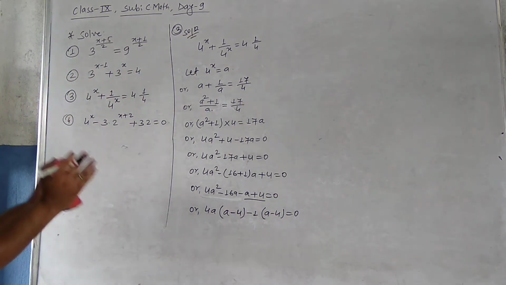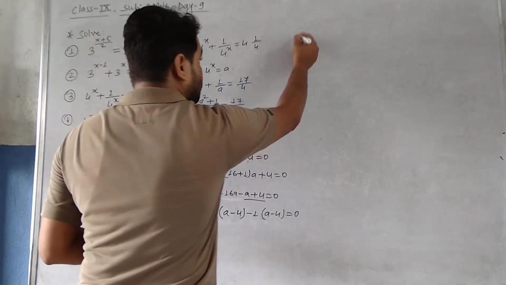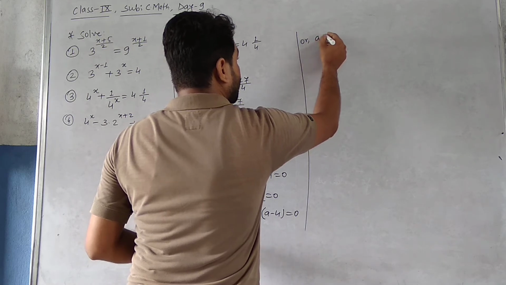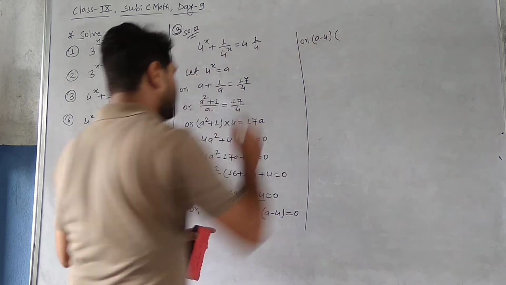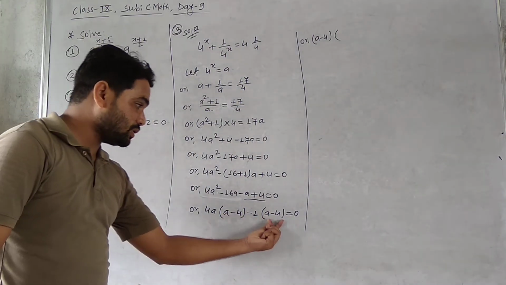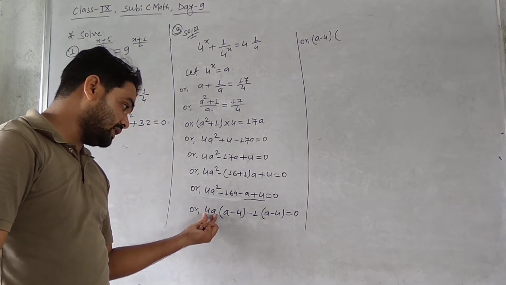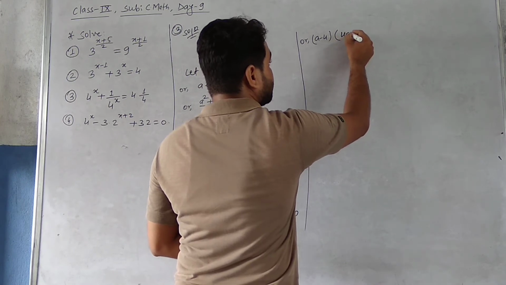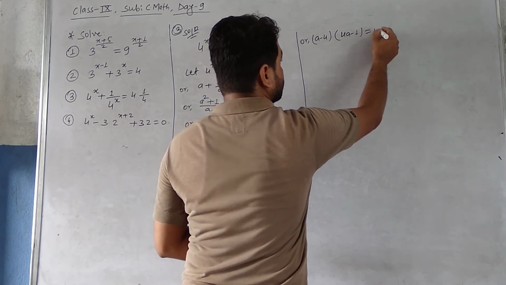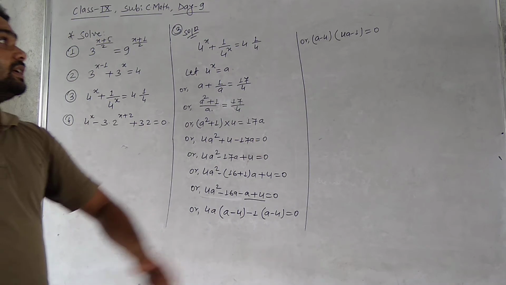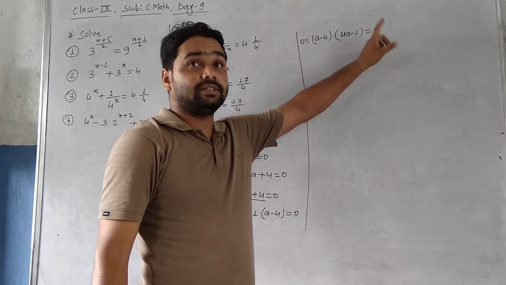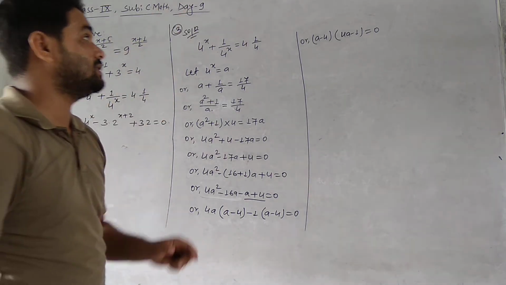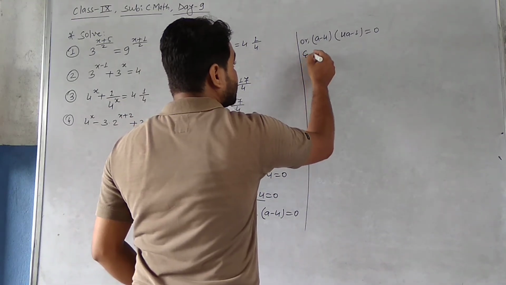That means whatever is in the bracket common, we are going to write that at first. So we get a minus 4, and then the remaining part in the next bracket: from here it is 4a, and here it is minus 1. So we get 4a minus 1 equals to 0. Now, if a certain number is there, then we cannot write either-or like this. But if it is 0, then we can write either